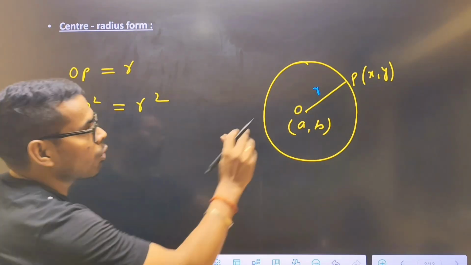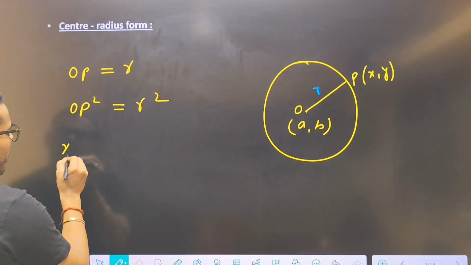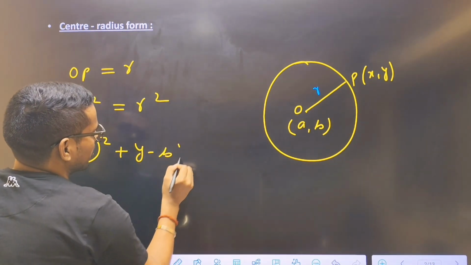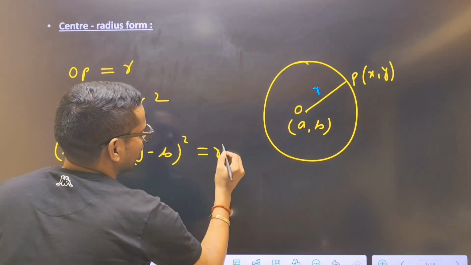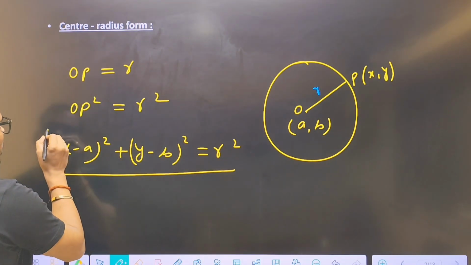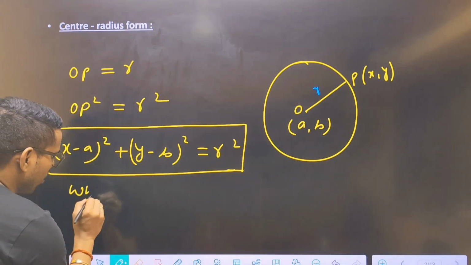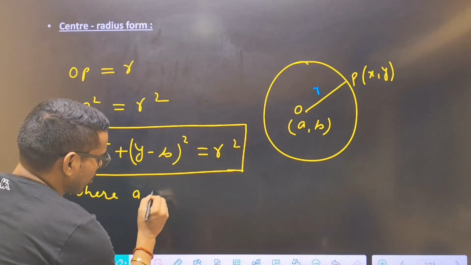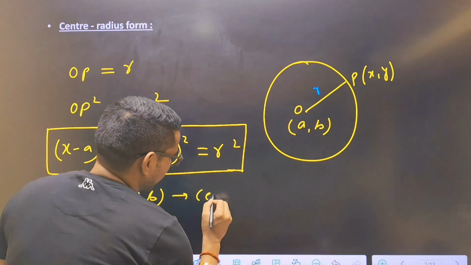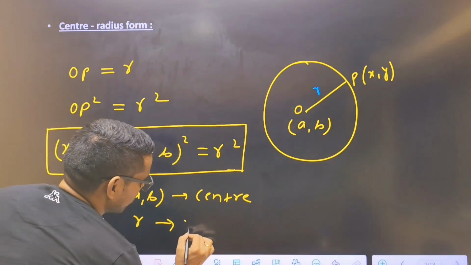Now what is the distance OP? How can we find it? By using the distance formula. X minus A whole square plus Y minus B whole square is equal to R square. This is known as the center radius form of a circle, where A comma B is the center